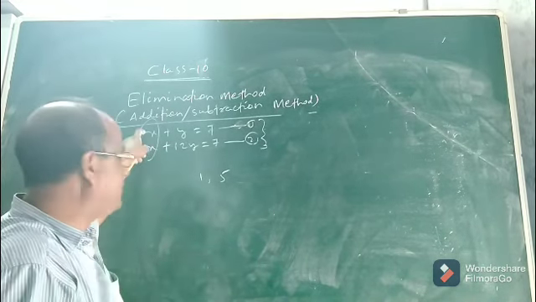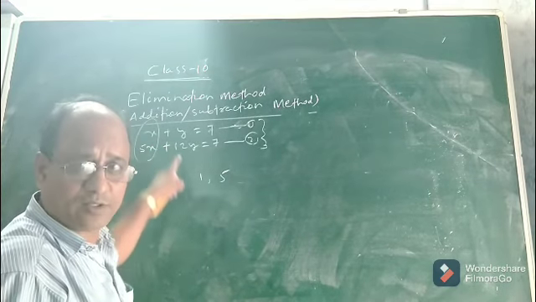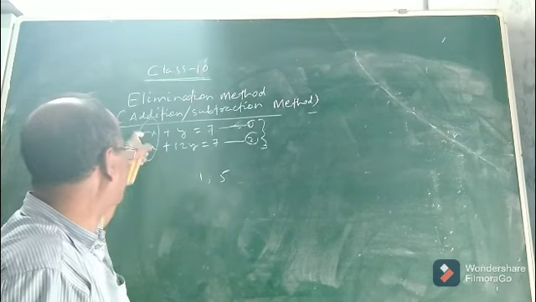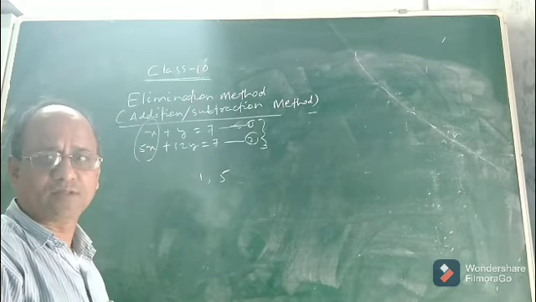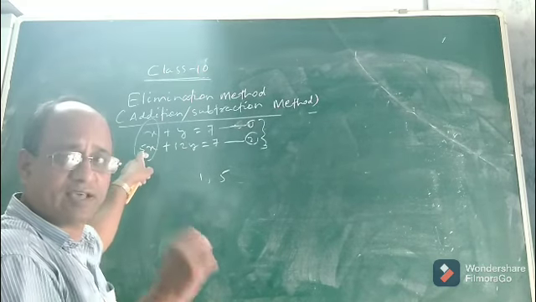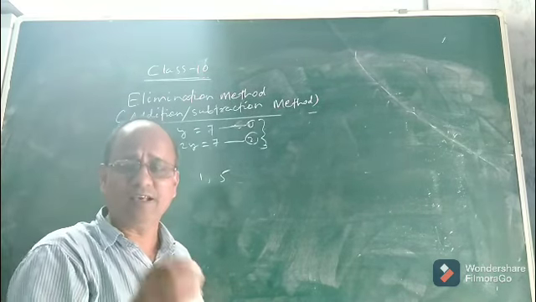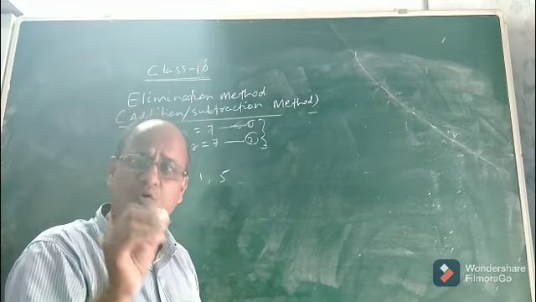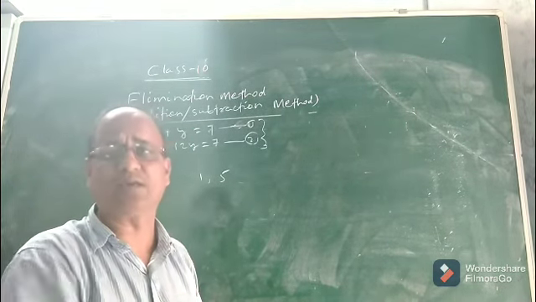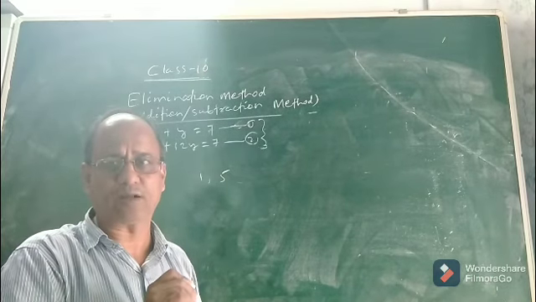So, to eliminate x from both the equations, the step is what? You have to make these coefficients the same. You have to make the coefficient of x the same in both the equations. That means, in both the equations, the coefficient of x must be the same. Then only it can be eliminated. Otherwise, we cannot eliminate. So, children, I hope you understood.